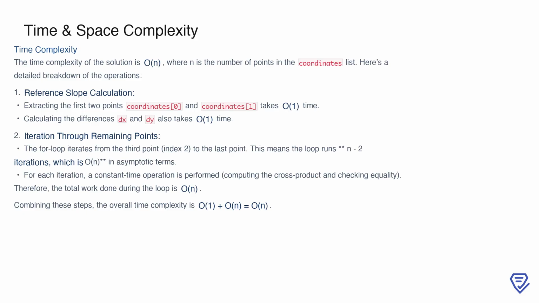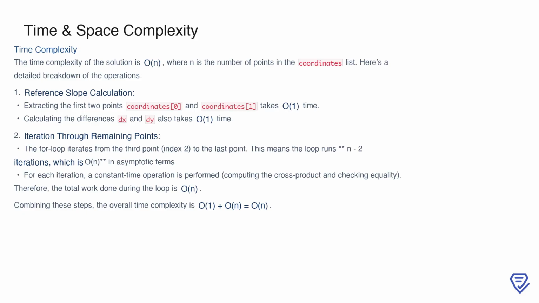The primary work happens during the iteration through the remaining points. Here, the algorithm loops from the third point to the last one, which results in n-2 iterations. For each iteration, it performs a constant time operation to compute the cross product and check if the points align. This loop, therefore, contributes O(n) to the overall complexity. When we combine the O(1) from the initial setup and the O(n) from the loop, the total time complexity simplifies